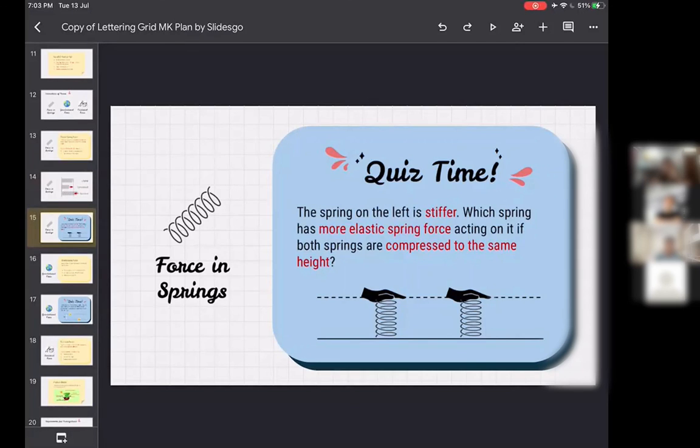So then you imagine yourself playing with a smaller spring, a very thin one, maybe the spring from your pen. Then that one you just use your finger, you press a bit, it will compress all the way already, correct? So if I want to press both springs to the same height, it means I compress by the same length, then the one that is stiffer, I need to put a lot more force. So that means there'll be more elastic spring force on that one also. Get it? Okay, so that's for